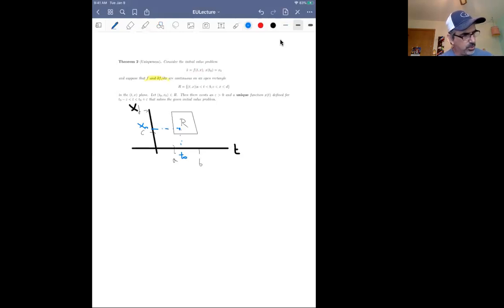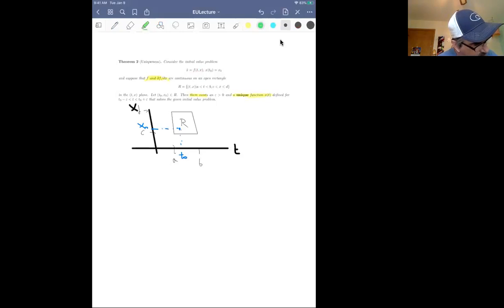And then the conclusion is that there exists a unique solution, a unique function x of t that solves the given initial value problem. Now, there's one other thing that I need to highlight here, and it says that this